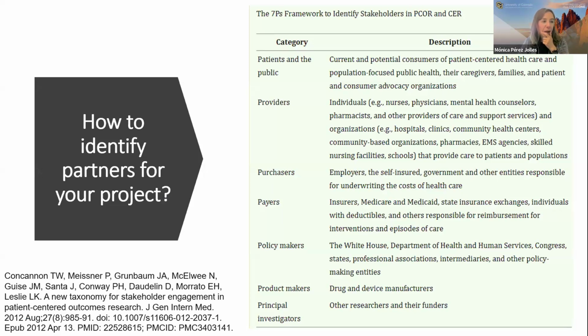Next, I wanted to highlight another key area in implementation science, and that is how to identify partners for my project or for your project. There are different ways. There's no single way. It really depends on your training, your goals, your timing, again, your research questions. But I wanted to highlight, I like this, a team has come up with the 7 Ps framework to identify partners in patient-centered outcomes research. The citation is there, and they provide a table where they really divide the different groups